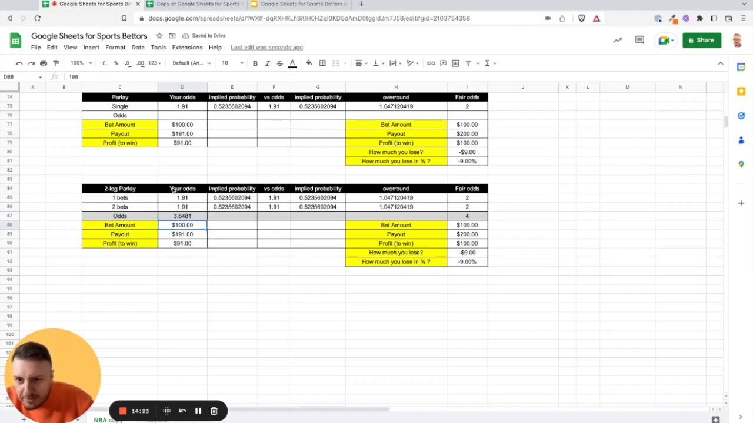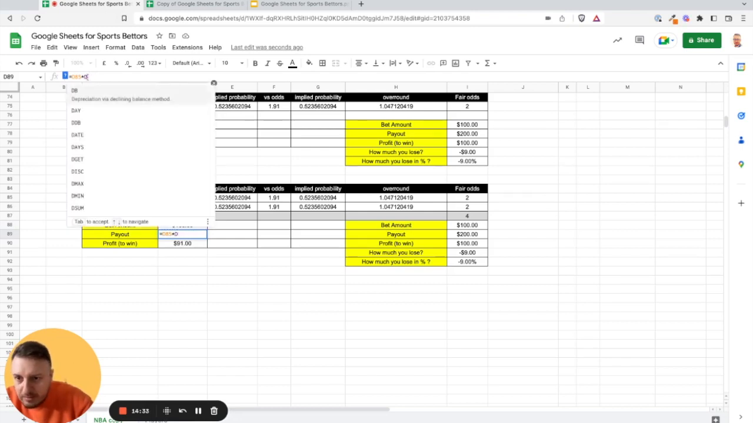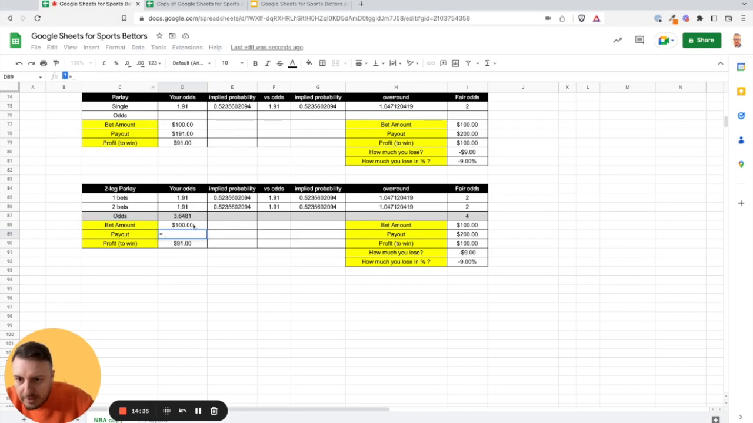You have 2 games on a ticket. The final odds are 3.6418. Okay, so I also need to change this here to this. So we now have these odds multiplied by 100, right? So you bet 100 on a parlay. This is your payout. This is your profit. We also need to change this here. Payout, bet amount is the same. Payout, we need to change this